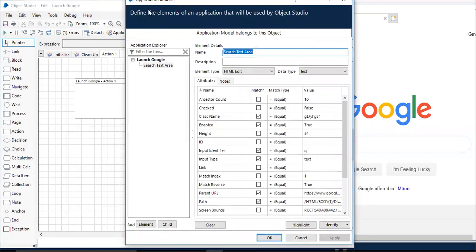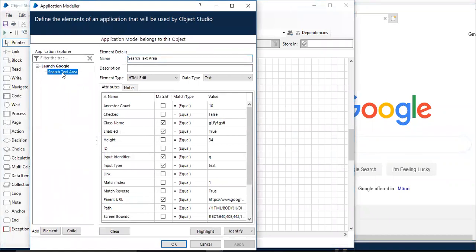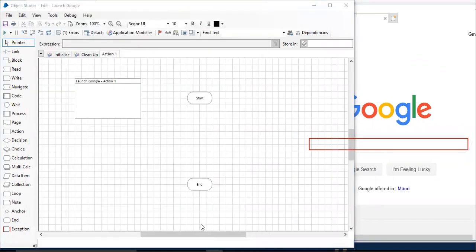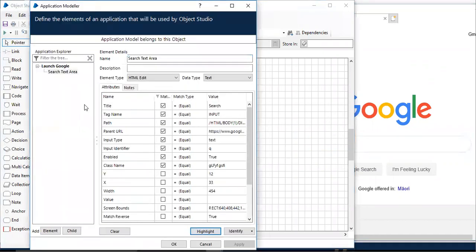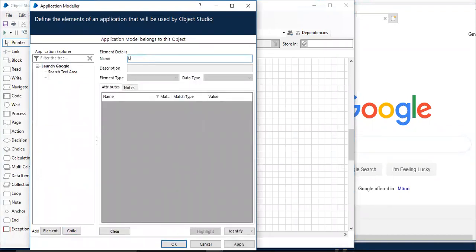Just click on application modeler. It will pop up a new application modeler window. In that, you can see the earlier element which you have already spied. You can still go and highlight it, which means it's still working. Next, add an element name, which is button, Google search.